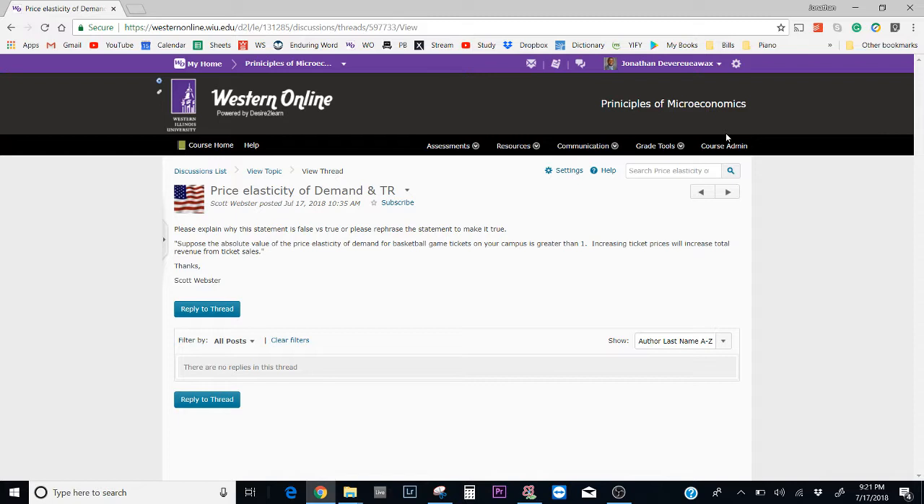All right, so explain why this statement is false versus true, or please rephrase the statement to make it true. Suppose the absolute value of the price elasticity of demand for basketball game tickets on your campus is greater than 1. Increasing ticket prices will increase total revenue from ticket sales. All right, so first let's categorize what basketball games would be considered. So if it says that the absolute value is greater than 1,